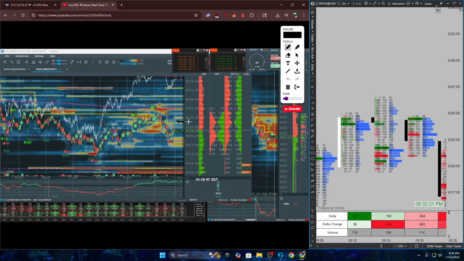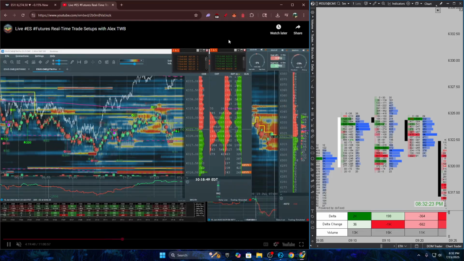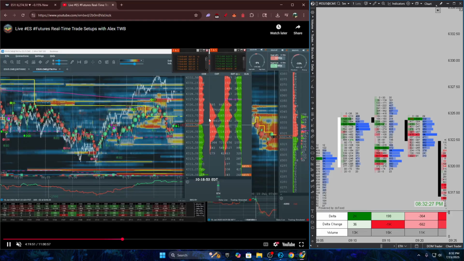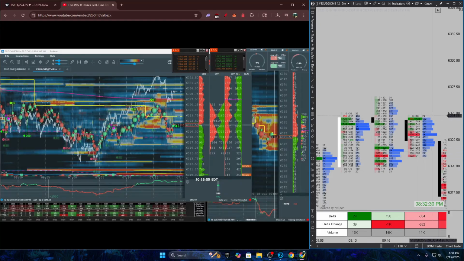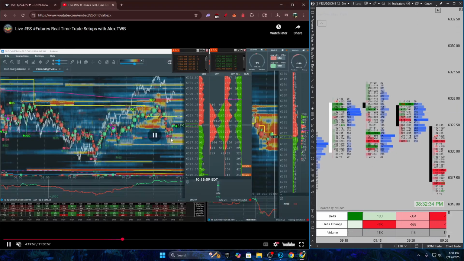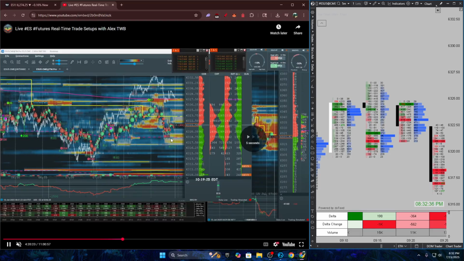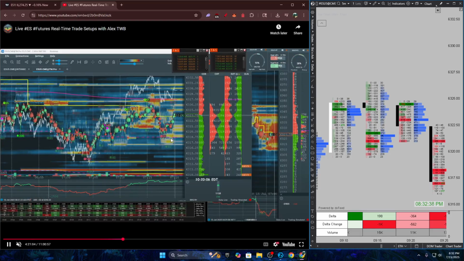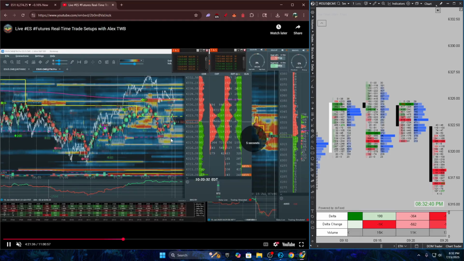I am starting to see another barrier pop up here at 6325, so potentially if we retrace into that area and see absorption once again, potential for entry, and we might be seeing that happen here in that 9:20 candle. So I think maybe an entry could have been made there, but we